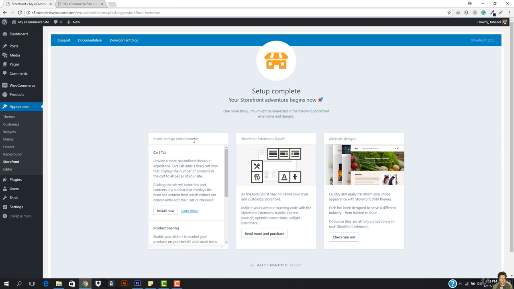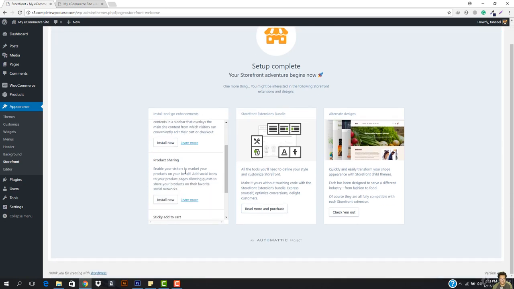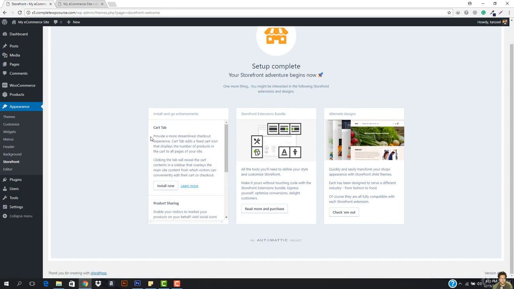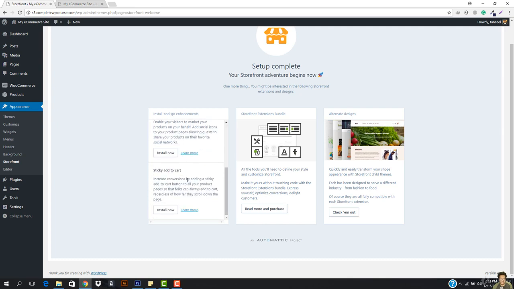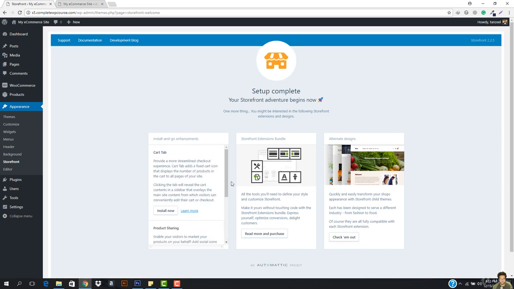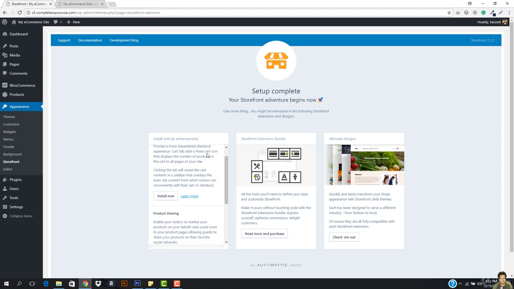Okay, here we have the Install and Go enhancement. This is just showing that it provides a more streamlined checkout experience. Cart Tab adds a fixed cart item that displays the number of products in the cart to your site. So do not install this right now. We will be installing this later on when we work with our website. Okay, so just come here,